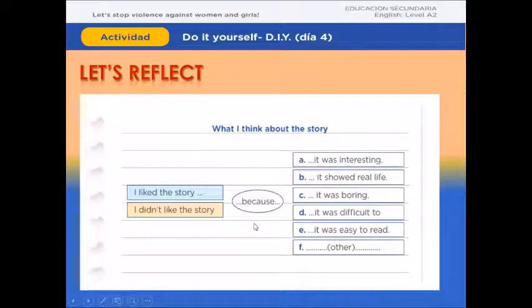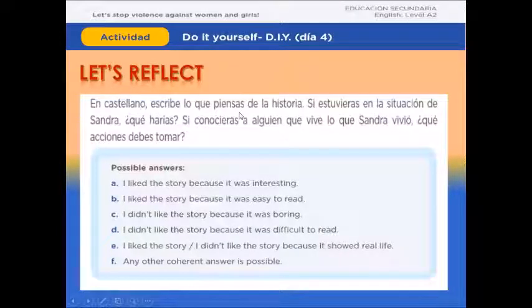Okay? In Spanish, you are going to write about your opinion of the story. Yes? And then you're going to talk about this question. Si estuvieras en la situación de Sandra, ¿qué harías? Si conocieras a alguien que vive lo que Sandra vivió, ¿qué acciones debe tomar? Possible answer, I liked the story because it was interesting. That's the idea. Finally,